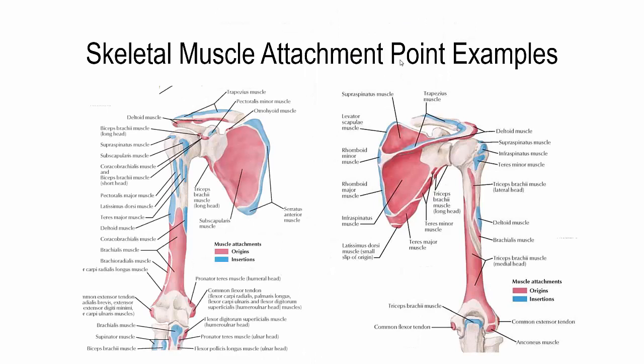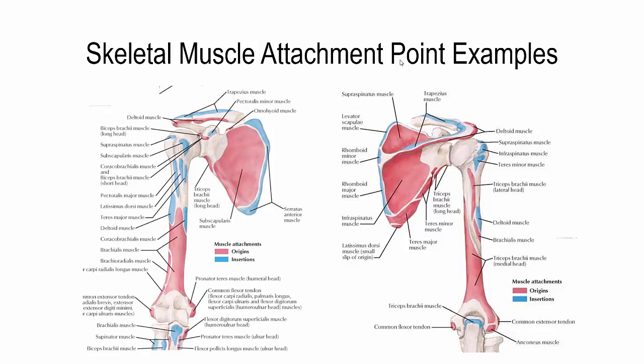Okay, so we know that most muscles attach to the skeleton, and when they do attach to the skeleton, they have at least 2 attachment points. Again, sometimes a muscle may have more than 2 attachment points, okay? But the attachment points are always going to be called the origin and the insertion, okay? Now, if we take